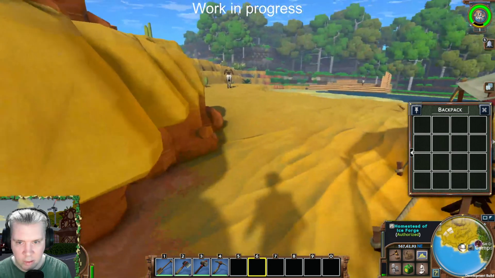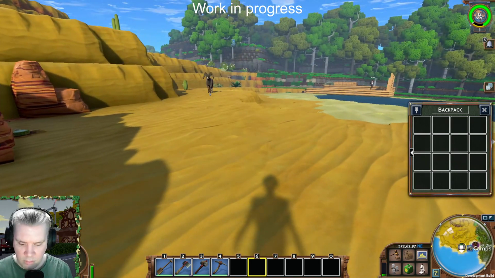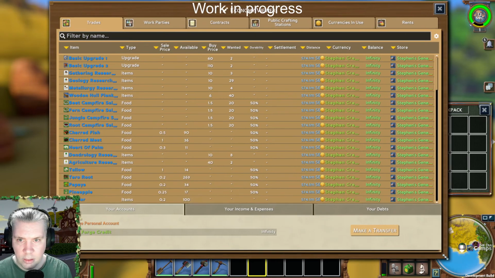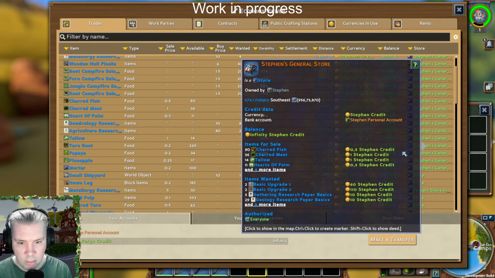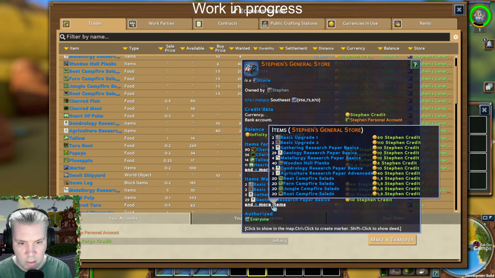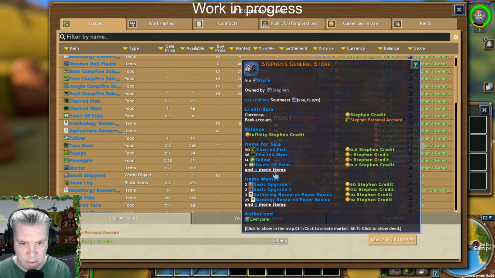Let's see. Someone is selling stuff. Ooh. Geology, gathering research papers. Dendrology, agriculture. Well, that's not too bad. So if I grab...